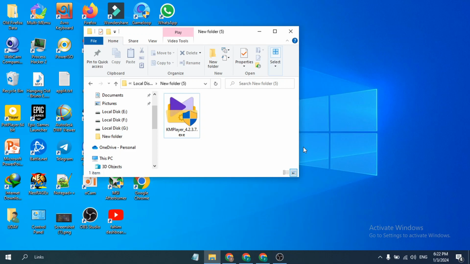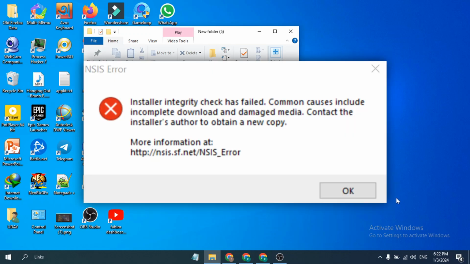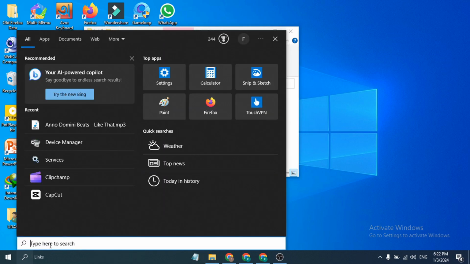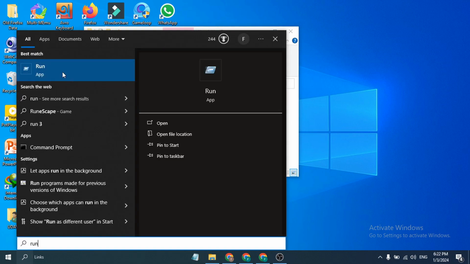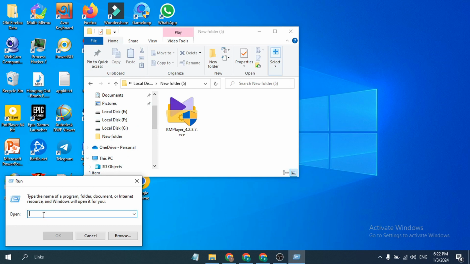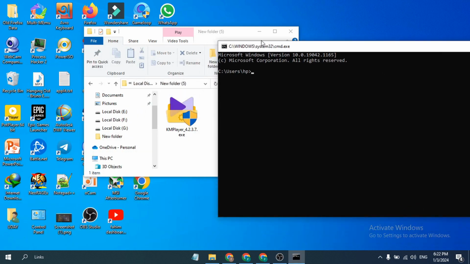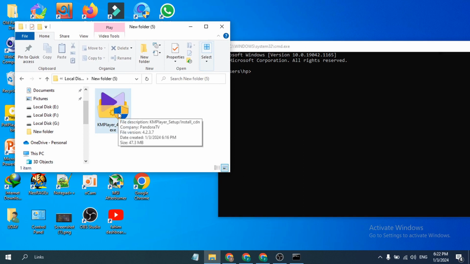Hello everyone, in this video I'm going to show you how to fix the problem of your installer integrity has failed. So first of all, you just need to go to your search bar here, search for run, open the run app, then just type here cmd, click OK, and after that what you need to do is you just have to drag and drop whatever file that you want to fix the error of,